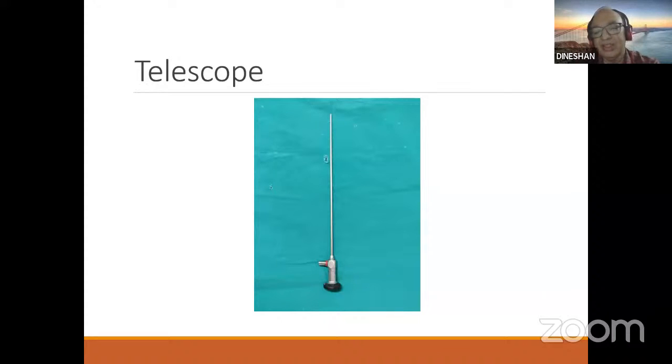Previously, cystoscopy was very primitive with the old battery operated light system. And now with the introduction of the rod lens system, the Storz telescope has revolutionized lower tract endourology.